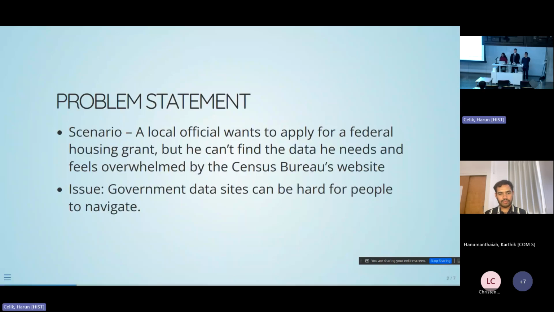So I'm looking at the problem statement and taking a scenario where a local official wants to apply for a federal housing grant, but he can't find the data that he needs. And he feels overwhelmed by the Census Bureau data. We all know that the Census Bureau has so much vast data that anyone can be lost. To get accurate information that the person is looking for is hard. So let's see how our model will make that easy